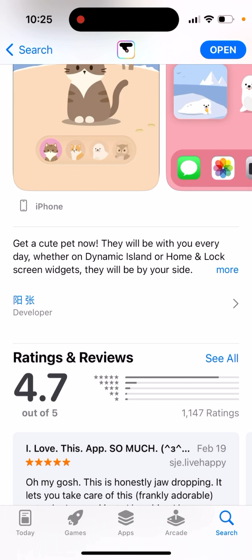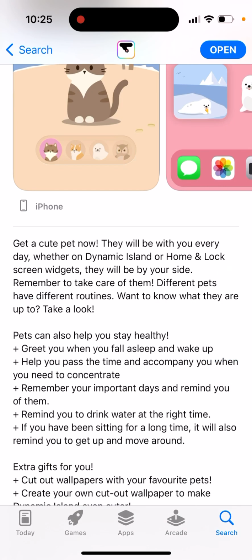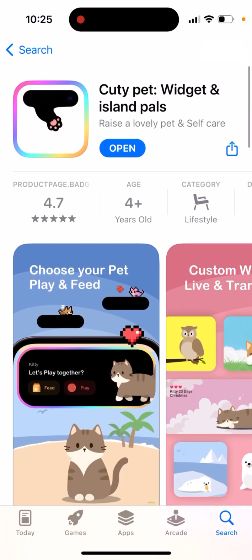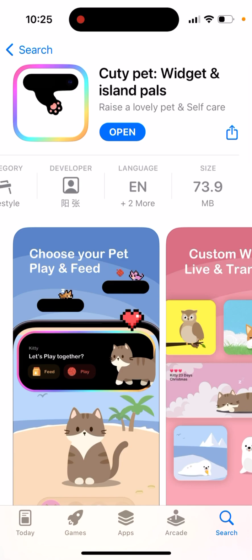Get a cute pet now, they will be with you every day, whether on dynamic island or home, and lock screen widgets, they will be by your side. Remember to take care of them. Different pets have different routines. What to know what they're up to, take a look. And yeah, this is the app. Maybe it's built in